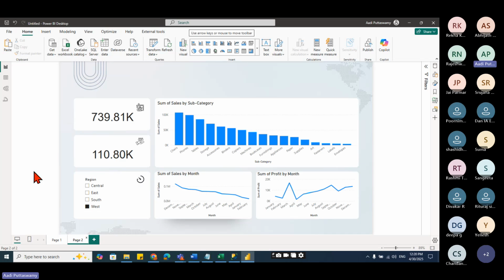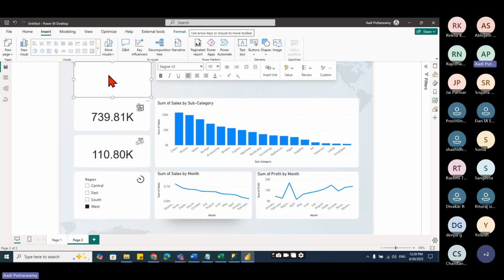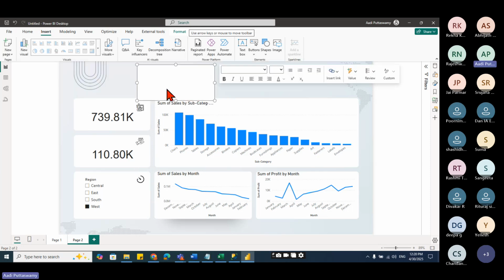I want the heading. Let's say I'll go here, insert and text box. And here I keep it, let's say, sales dashboard. Okay.